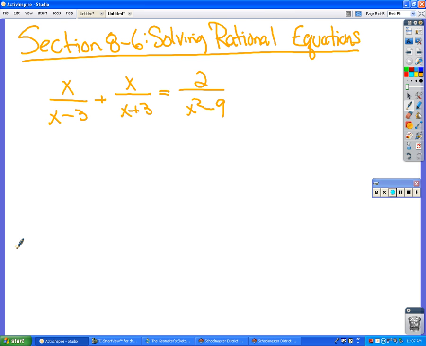So here's what this is all about. Your strategy here to solve these equations is to try to get rid of the fractions as quickly as you possibly can. Okay? It's always a game. So the question is, what do you have to multiply both sides of this equation by to get all of